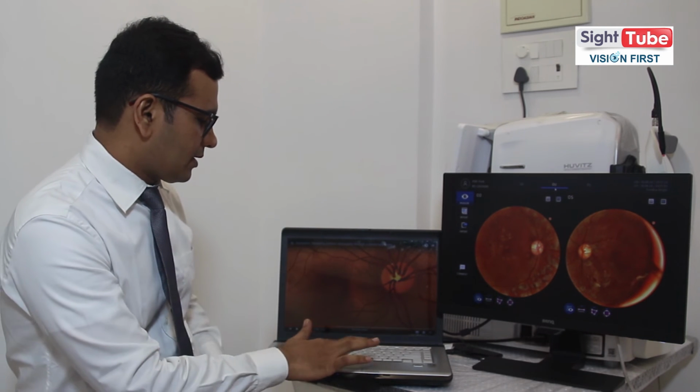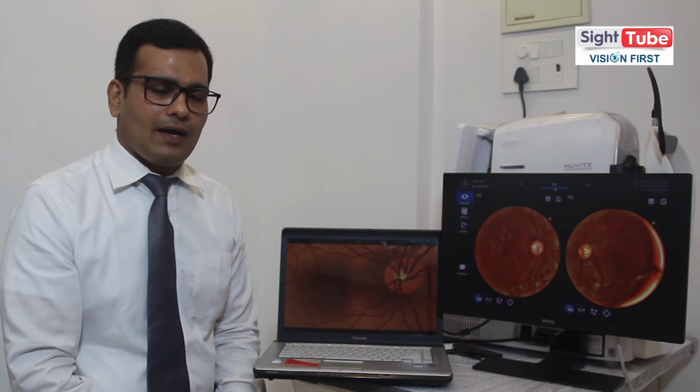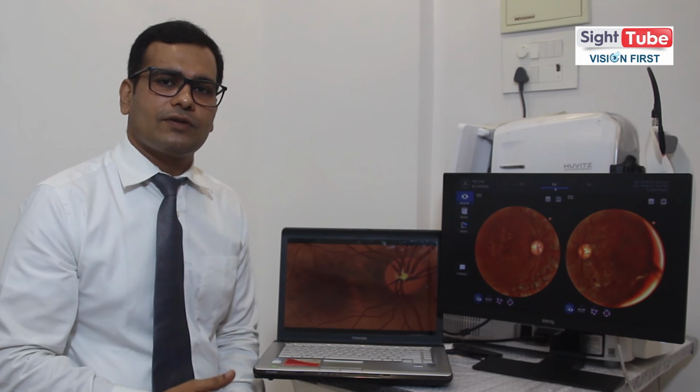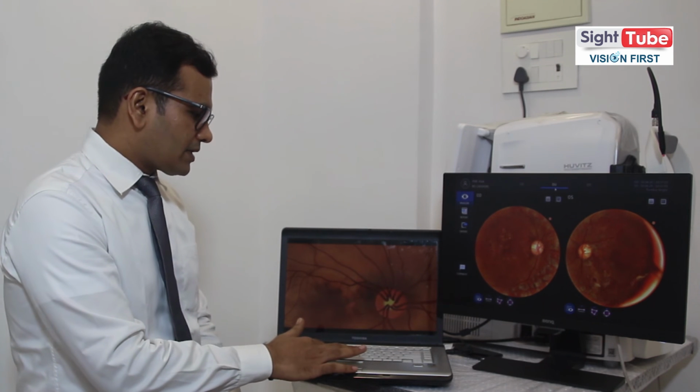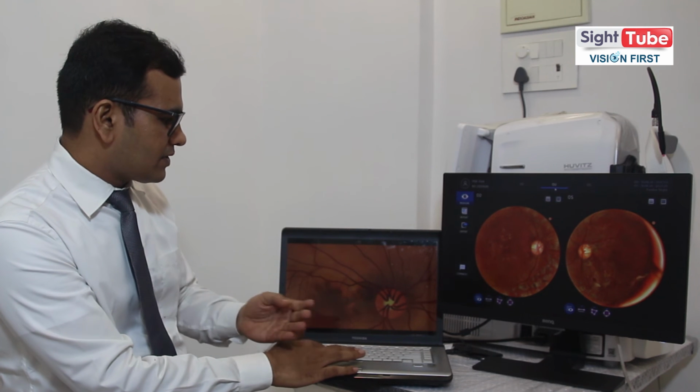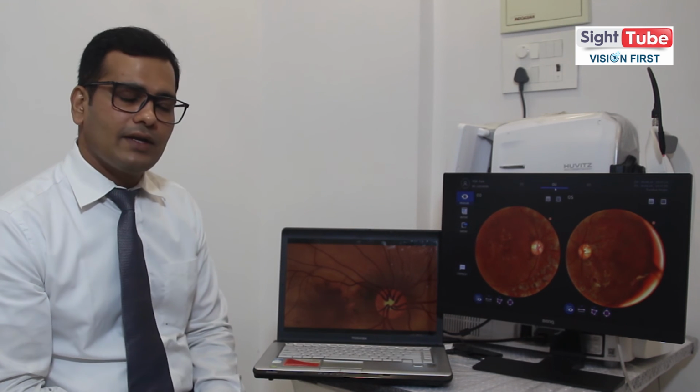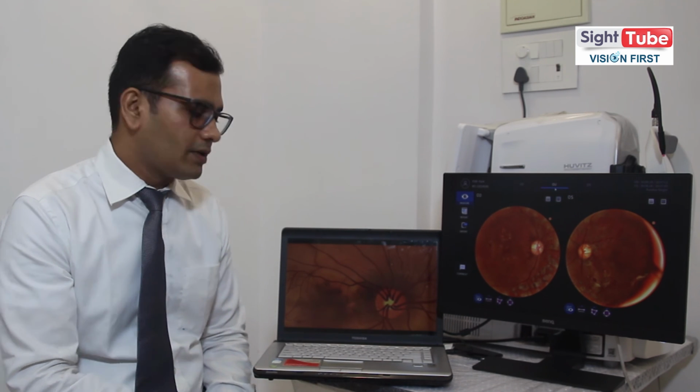If the patient's blood sugar levels are uncontrolled or fluctuating or persistently raised, the initial changes that happen in the retina are some bleeding spots. These bleeding spots are basically hemorrhages or small outpouchings of your blood vessels. If there are persistent blood sugar fluctuations or persistently raised sugars, the patient progresses into a further disease which is called neovascularization, wherein new blood vessels start developing in the retina as you see here.